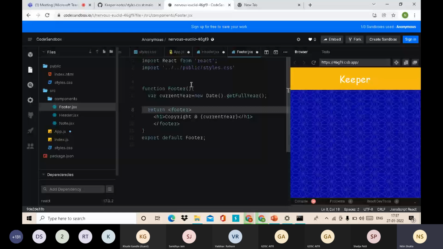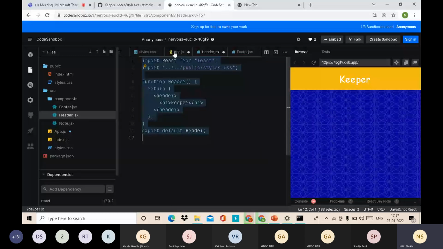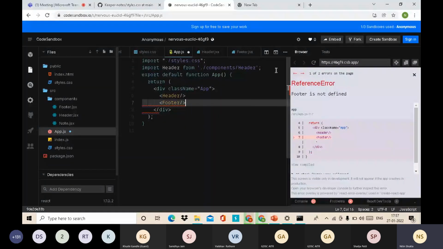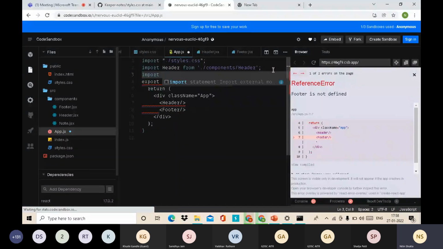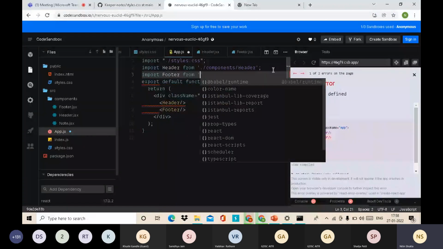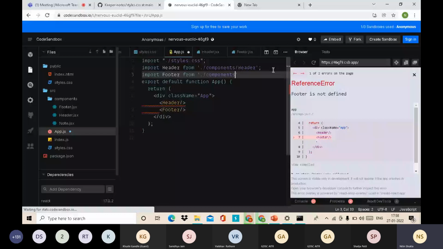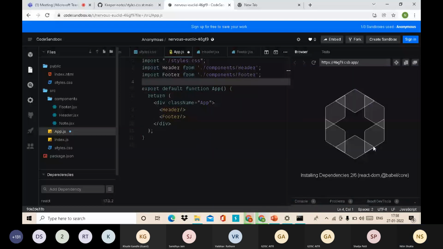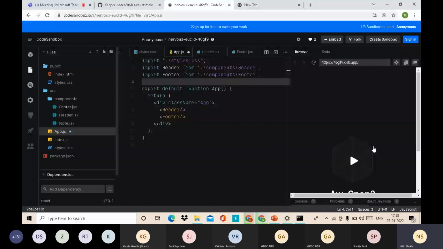हम अब इसे हमें इंपोर्ट कराना है। कहाँ इंपोर्ट कराना है? हमें इसे app.js फाइल में इंपोर्ट कराना है, ठीक है। सो इन फुटर कंपोनेंट, like we can import, write this way, it is showing error like footer is not defined। तो footer क्यों नहीं डिफाइंड है? क्योंकि हमने इसे अभी तक इंपोर्ट नहीं किया है, ठीक है। तो हमें इसे इंपोर्ट करना पड़ेगा। So footer from components and here you can add footer। Okay, so हमारा footer आ गया, it is compiling, it is taking some time। Yeah, here copyright text is here।